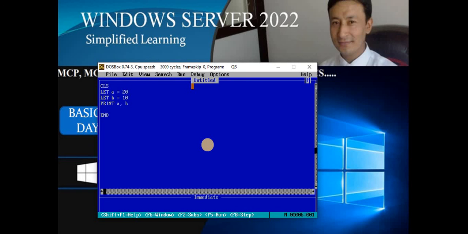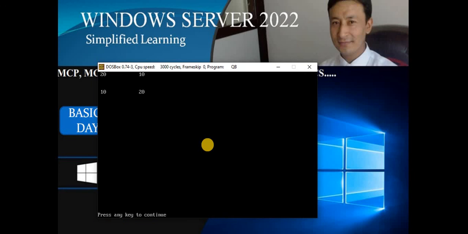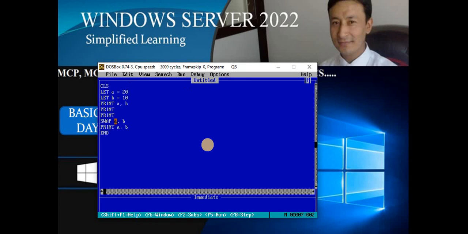Now, but after that, if I do this, and again I print, giving a print without data means blank space. Now you see the output. Did you notice the difference? That means the purpose of swap statement is to exchange the value. That means swapping a value. The value of A will go to the value of B, and the value of B will come to the value of A. That means when I say print A, though the initial value of A was 20,